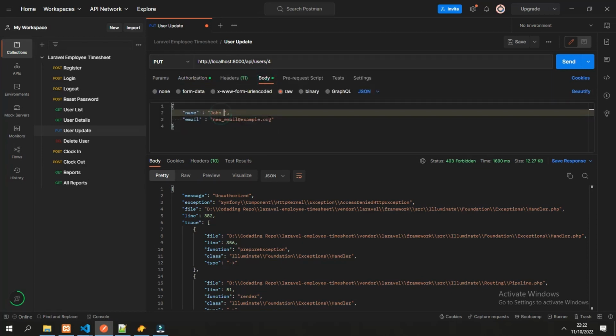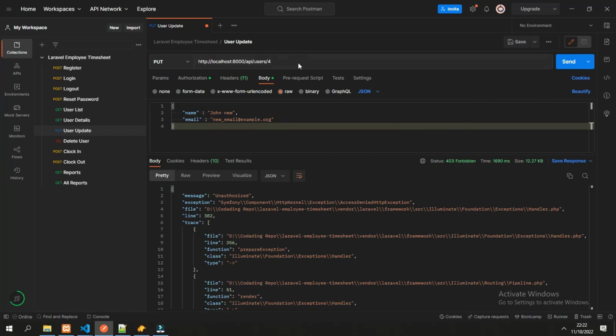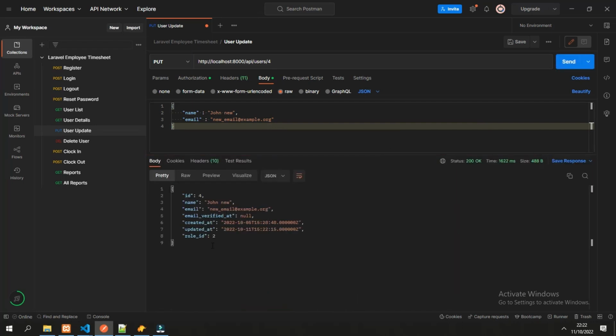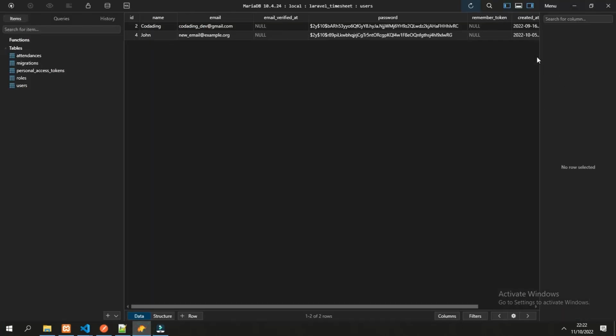For example, we add the name John new, because the user is an admin, it can edit other users. And let's check in the database, it's already updated.